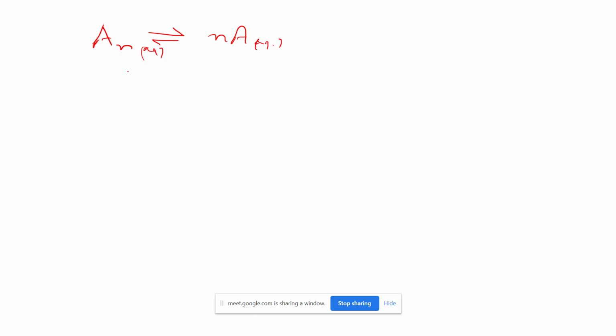So initially we will take the moles at t equals 0 as n, right? You should always take one mole. If you take one mole, then the number of moles reacted up to equilibrium will always be alpha. The formula may be of any kind, but you have to take just one mole. Start from one mole and then the reacted moles will always be known as alpha. Otherwise, we can take any number of moles initially, but in that case alpha will change in the expression.